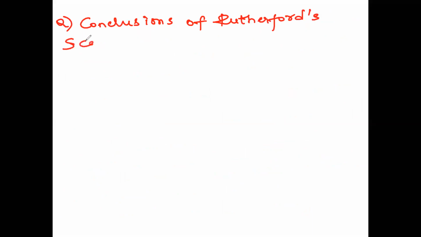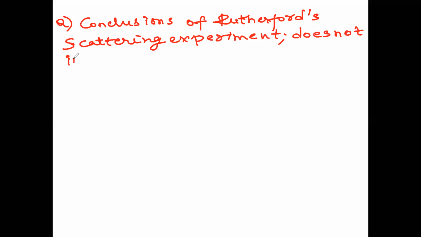The conclusions of Rutherford scattering experiment, that is alpha scattering experiment, does not include which option? When I'm writing the options, try to analyze the answer. After that only I will discuss the answer. Option A: alpha particle can come